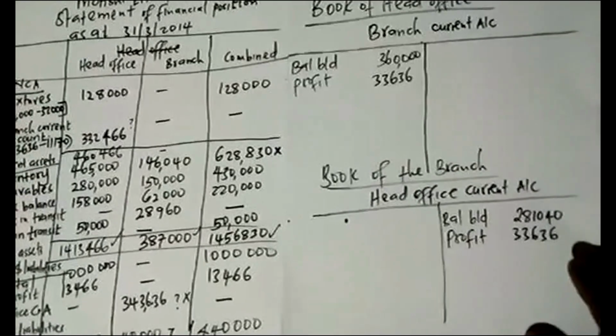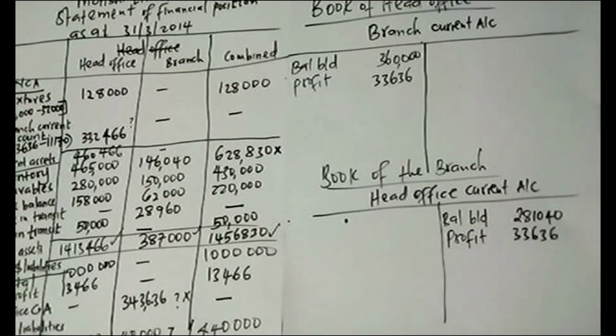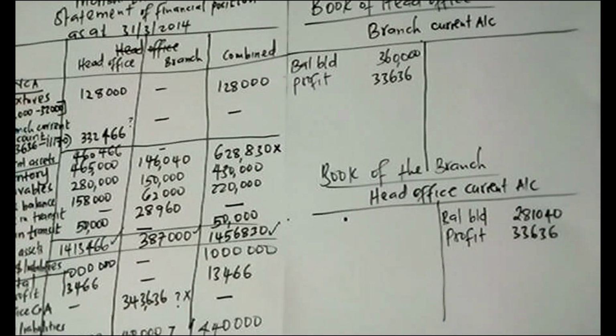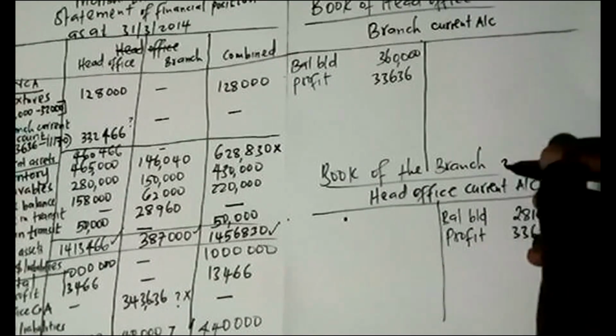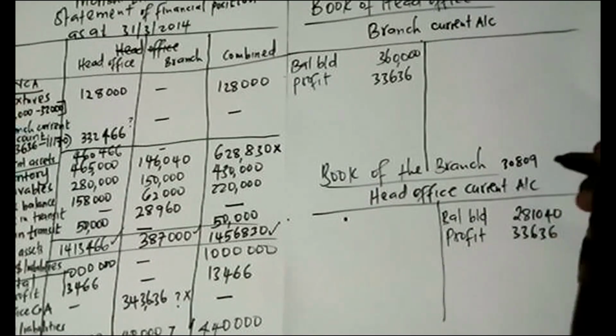Then note 1: you remember that there were some goods in transit, and these goods were going to the branch. Since they were going to the branch, the relevant accounts affected are: debit the inventory account, because they will be received by the branch. The goods, remember, were 3809 at 100%, so we need to get 94.